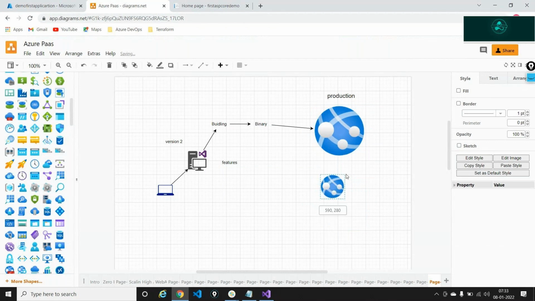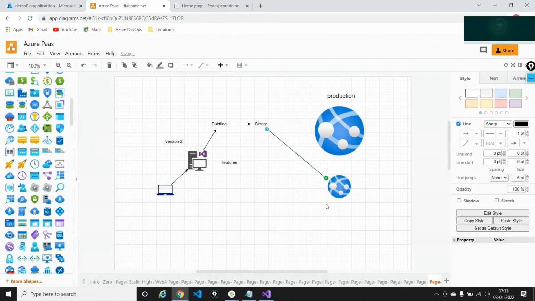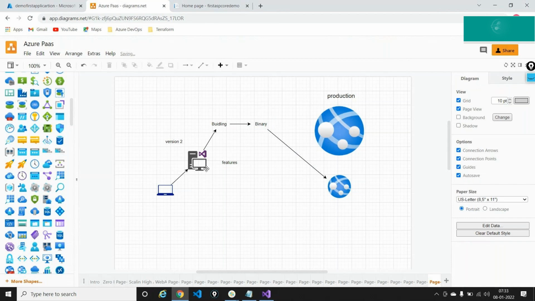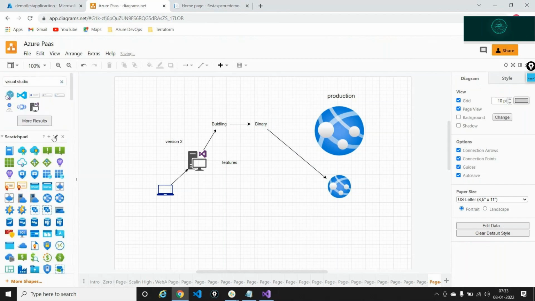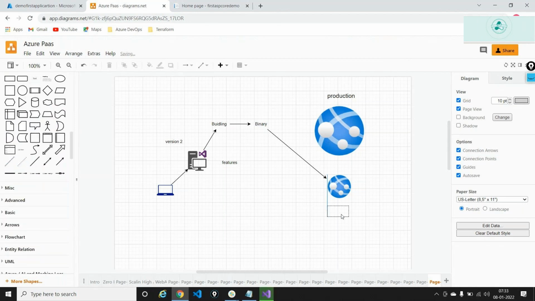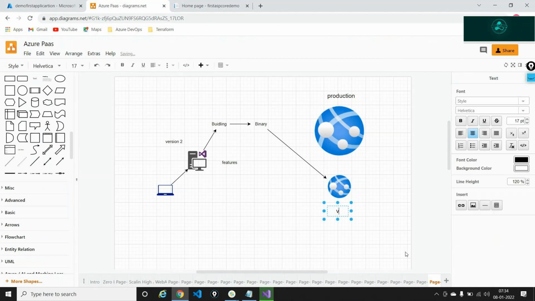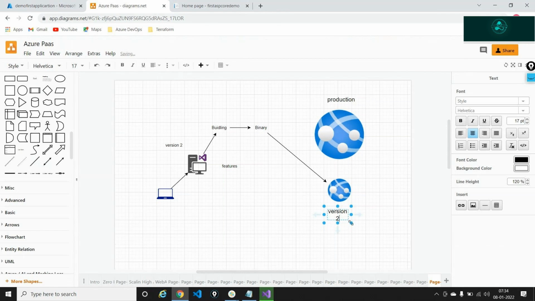So right now I am not targeting my main application. I am not doing this. I am rather targeting the slot that is running on Azure. And the slot will now have version 2, because I have developed my version 2 code and I now want to take it to the slot that is running on Azure.